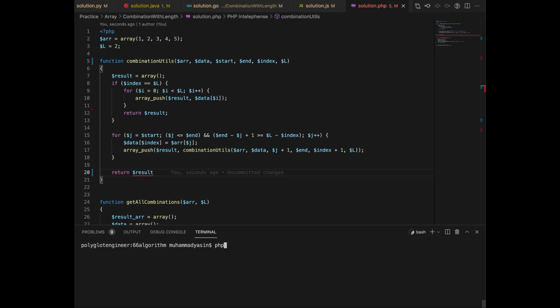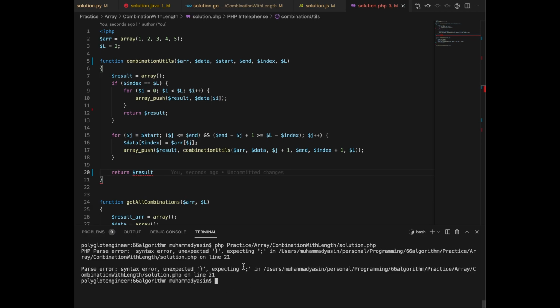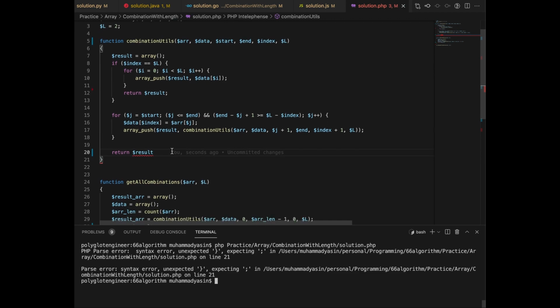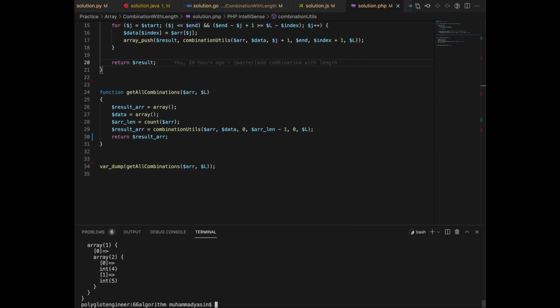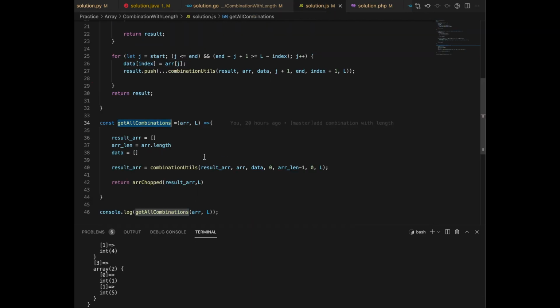Going to say PHP practice array combination.length solution.php. Expecting n21. Now what happened? Oh, here. See, I don't think there's a problem here. See, we have the same thing as the Java one, in here. So meaning that in here the result should be like this,